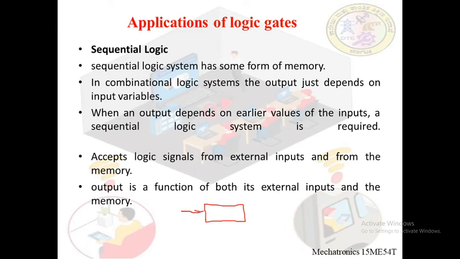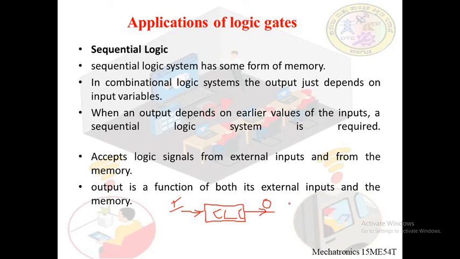Combinational logic circuits are simply two or more logic circuits combined together, which work on some input and generate the output without any control. So these are the combinational logic circuits, I will write as CLC. It takes certain input and produces output. The output doesn't depend on any other parameter except the instantaneous input. The output is just the function of instantaneous input. But in many cases, we need the output to depend on a few more parameters.